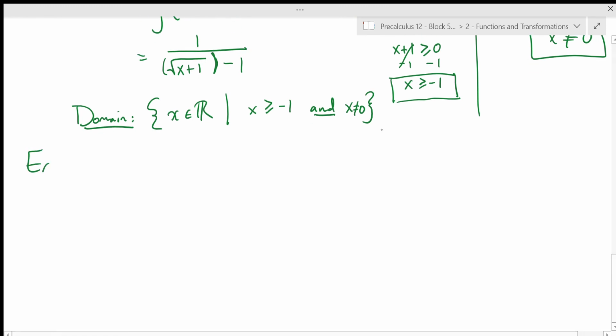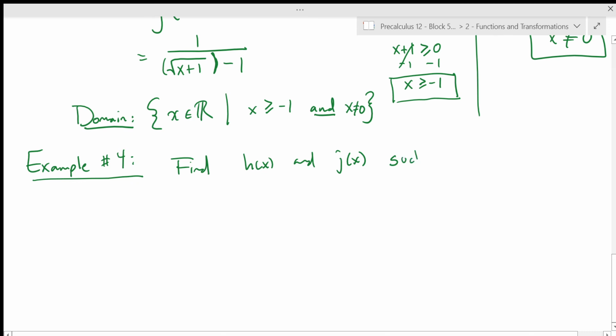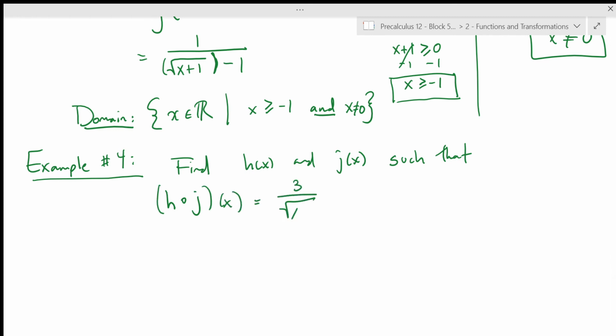Okay, last example, and this is one that when you do calculus is going to become super important. So if we can compose functions, sometimes we're going to want to decompose them. So let's find h of x and j of x. So this time we're not looking for a composition, we're actually looking for two individual functions, such that h composed with j of x equals 3 over radical x plus 1,